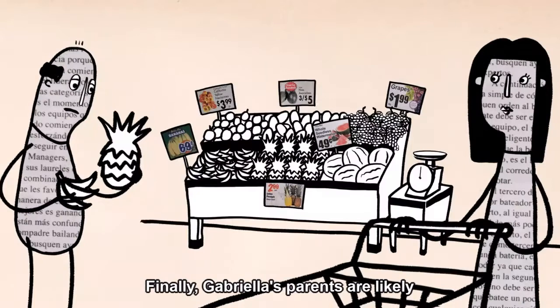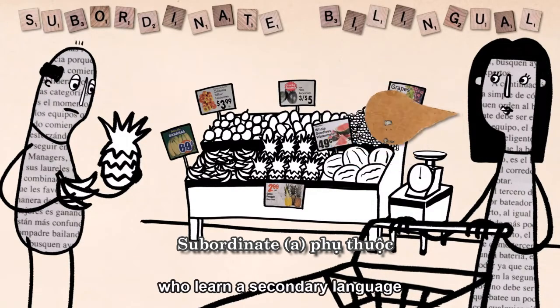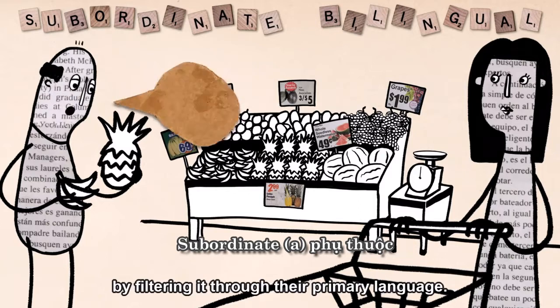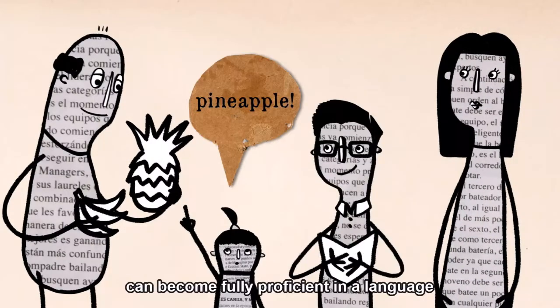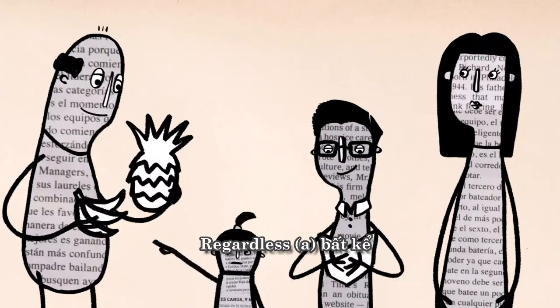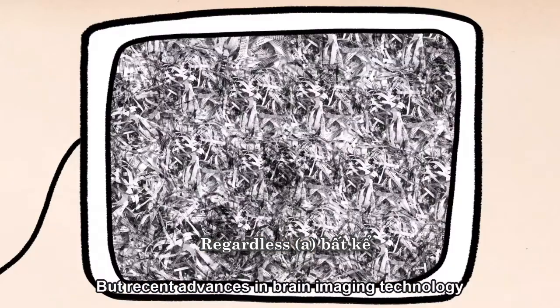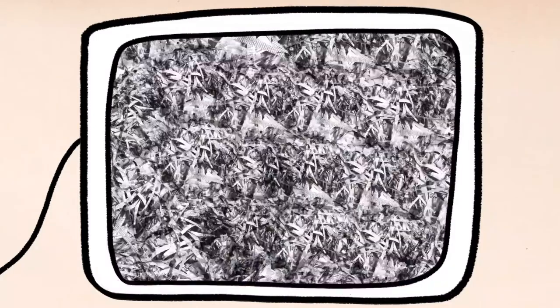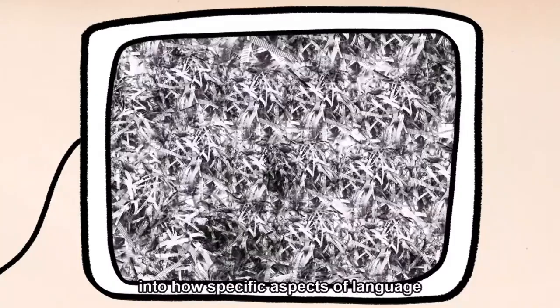Finally, Gabriella's parents are likely to be subordinate bilinguals, who learn a secondary language by filtering it through their primary language. Because all types of bilingual people can become fully proficient in a language regardless of accent or pronunciation, the difference may not be apparent to a casual observer. But recent advances in brain imaging technology have given neurolinguists a glimpse into how specific aspects of language learning affect